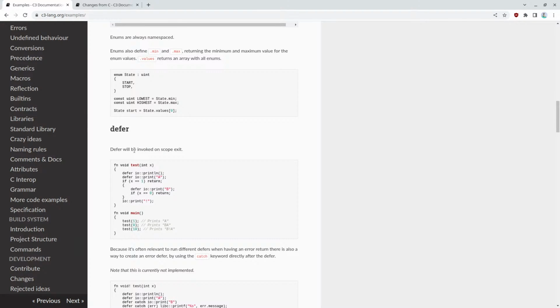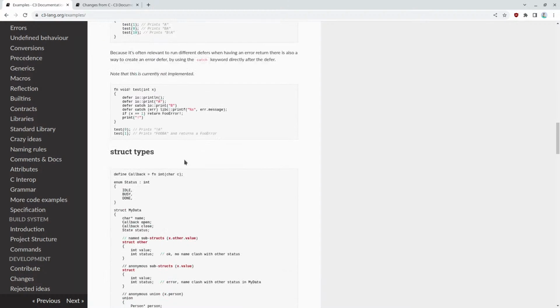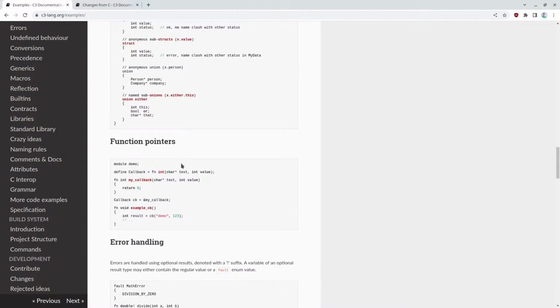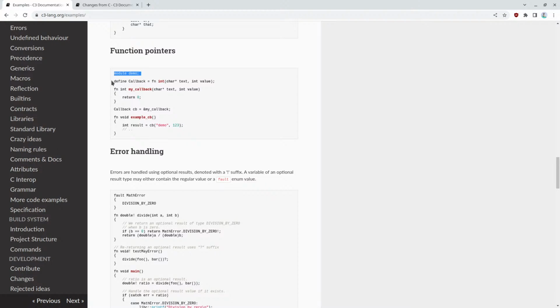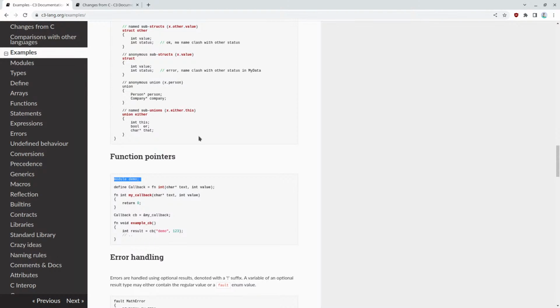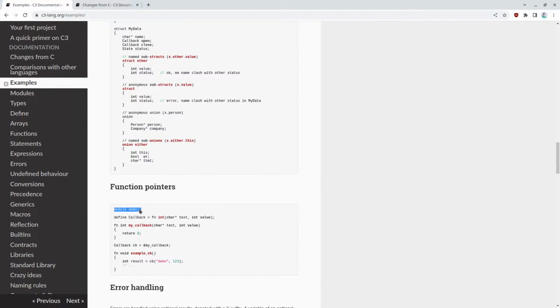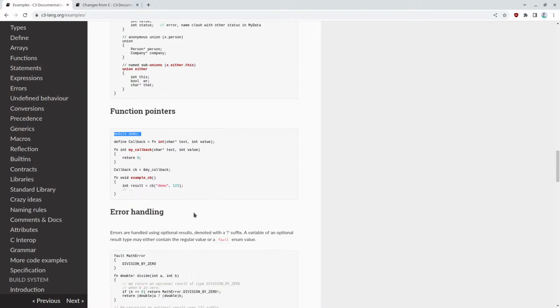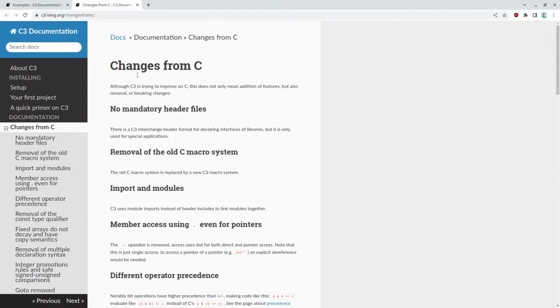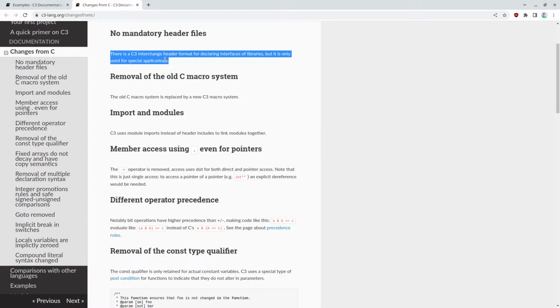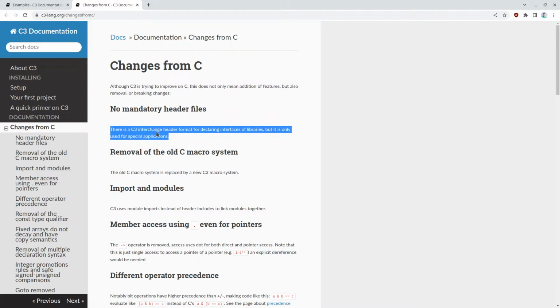What's the difference? Oh, defer will be invoked on scope exit. That's new, I think. Function pointers. Oh, they have modules and stuff. That's nice. Honestly, I don't think C is necessarily a bad language, but stuff like this is so nice to have. No mandatory header files, nice. I don't know exactly the reason why C originally had them, but